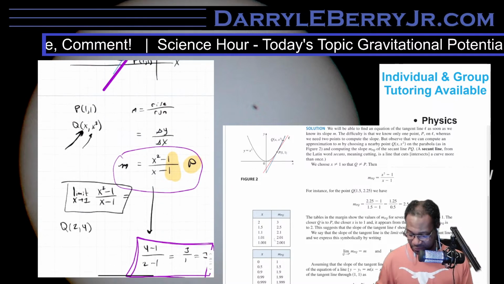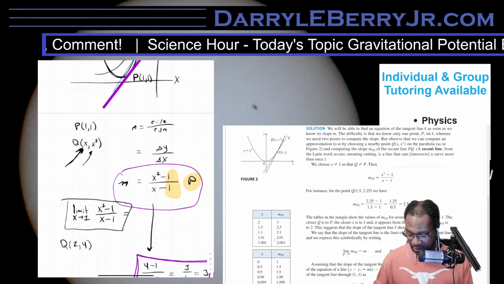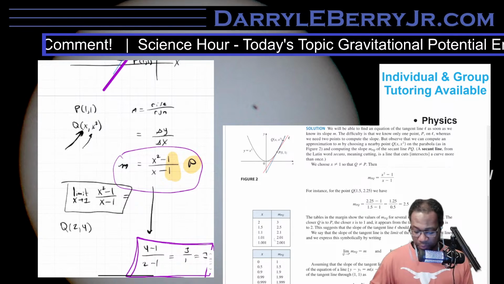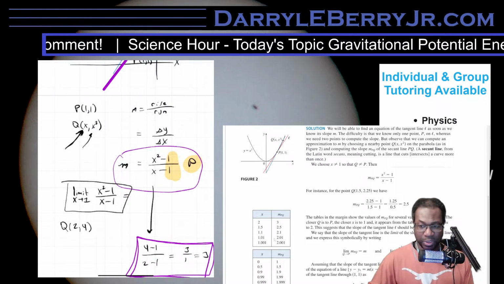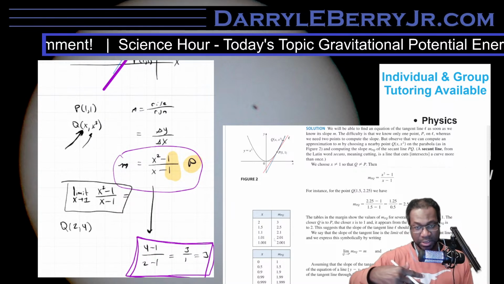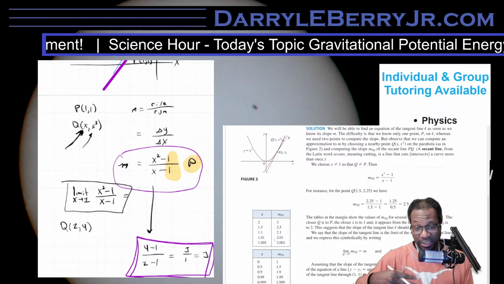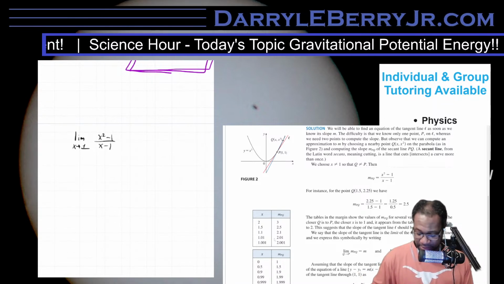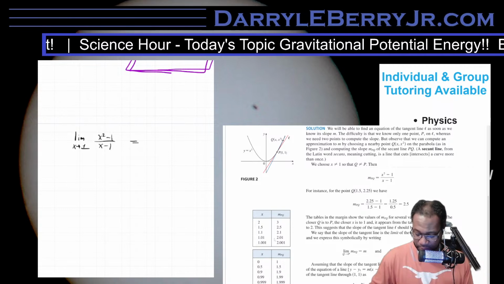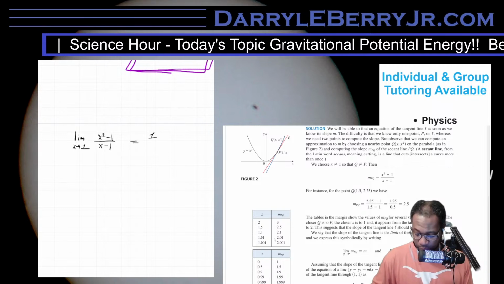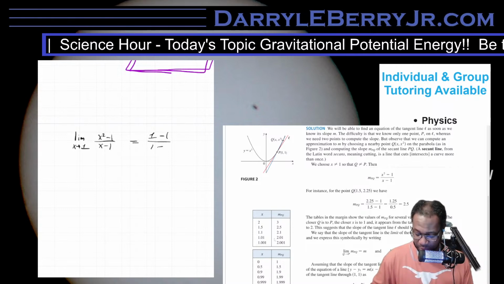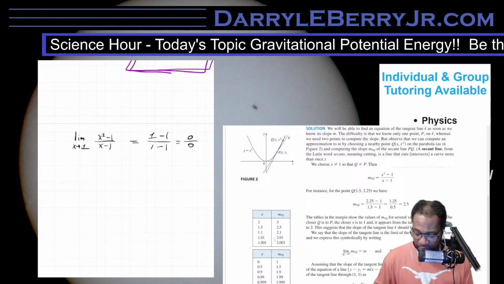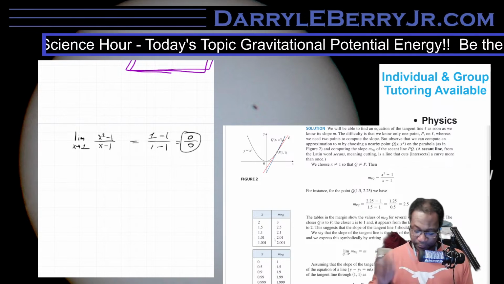So again, basically we have these 2 points. We're trying to get the limit between P and Q. Rather than just plugging in numbers at that point, we actually want the complete limit as if we rotate that secant directly to the tangent line. So we might say, let's say plug in 1, and 1 squared is 1 minus 1, and 1 minus 1, so that's 0 over 0. So of course that doesn't work.